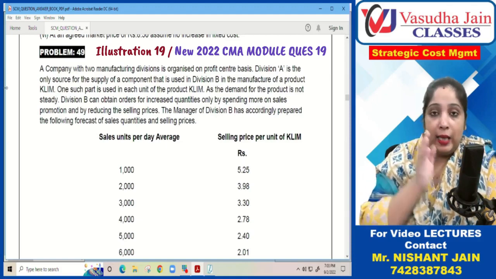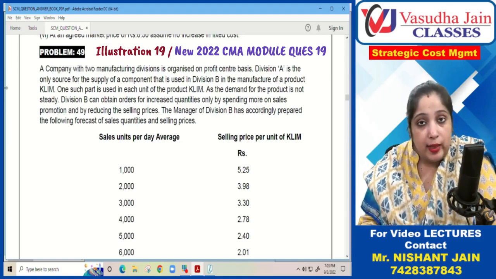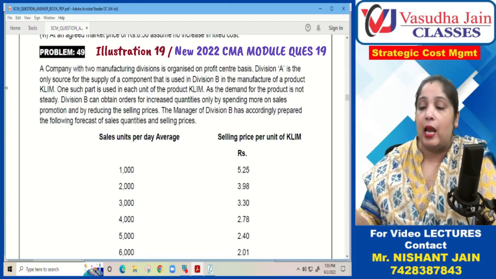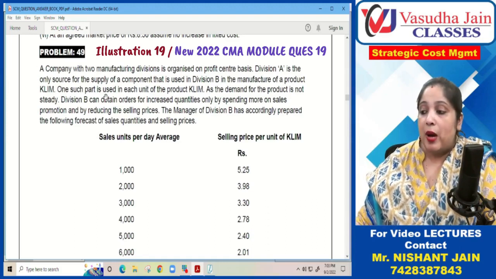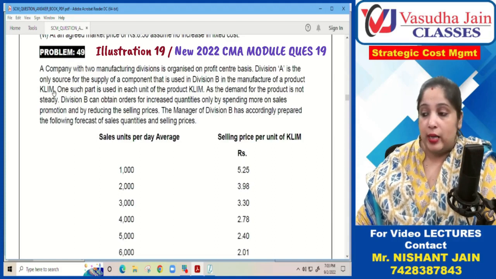So department A manufactures a product which is used by department B as a raw material in manufacturing the finished goods KLIM. One such part is used in each unit of product KLIM. As the demand for the finished goods is not steady,